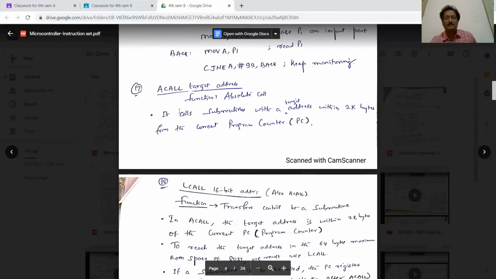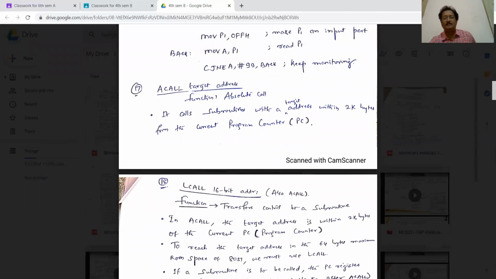Then ACALL target, ACALL, LCALL. These are all used in the counter programs. We have seen in the previous two presentations in module number 3 and a little bit in module number 2. Also we have used the ACALL and LCALL instructions. ACALL means absolute call. LCALL means long call. LCALL is used when the time delay is very high.